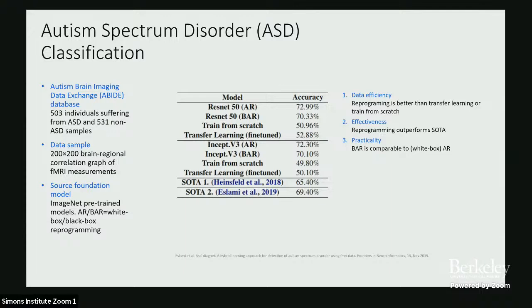What we can observe is that AR means white box reprogramming, and BAR means black box reprogramming. Both cases achieve state-of-the-art results on these data sets, and they perform much better compared to training from scratch and even simple transfer learning. They also outperform state-of-the-art results that require very complicated hand-designed learning rules and feature learning processes. So by simply leveraging a model pre-trained on another domain, in this case general image classification, we can apply these tools to solve these problems and achieve new state-of-the-art in these resource-limited domains.